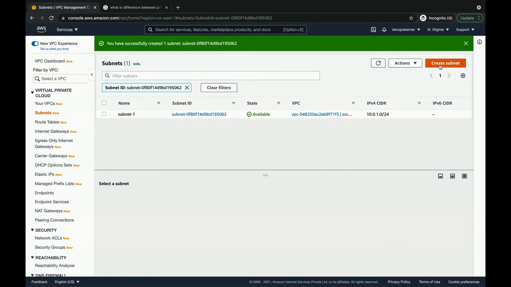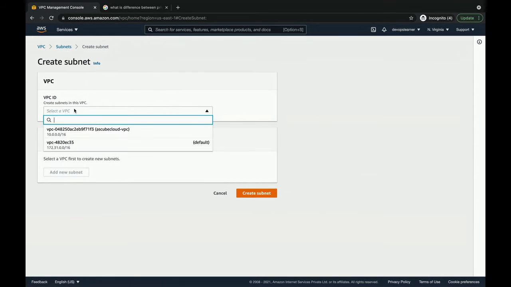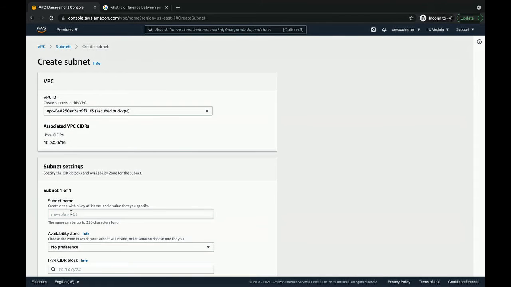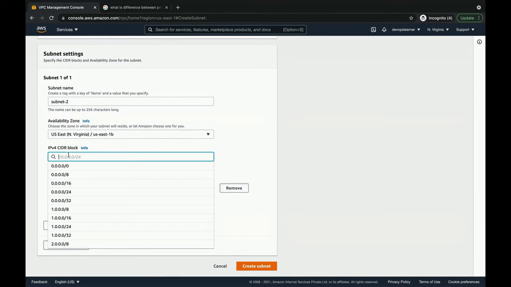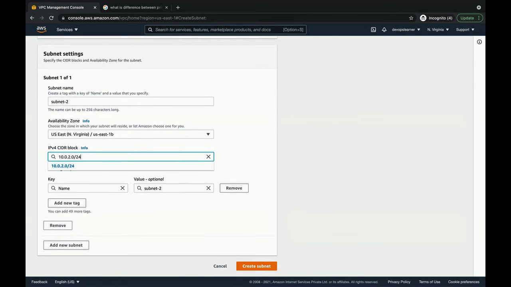I'm going to create another subnet just for illustrative purposes, in the same VPC, and the subnet is subnet 2. For availability zone, I'm selecting another availability zone. Tags are the same, fine. Here the CIDR block is 10.0.2.0/24. Create subnet.